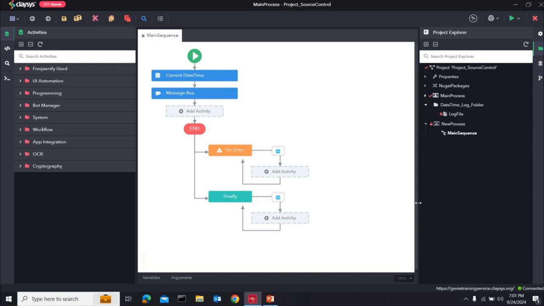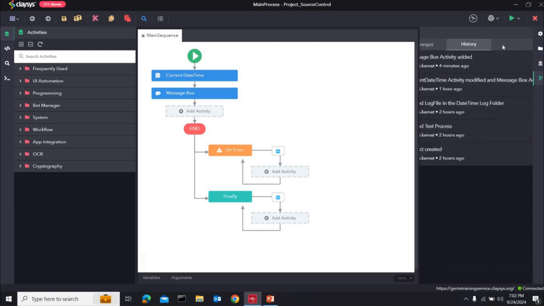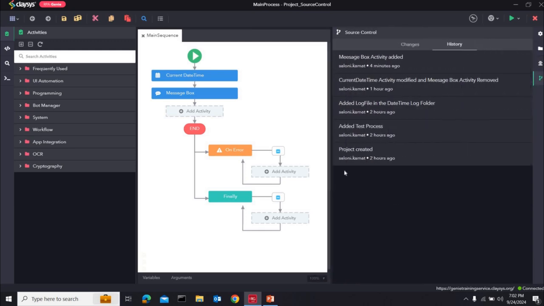If you wish to track all the modifications performed in a project by multiple users, the History tab in the Source Control panel lets you see the complete history of all the changes that have been made to any of the processes. The changes are reflected in the history. Also, the username who performed the modification and when the modification was made can also be seen. You can select any item under the history to view or compare modifications before and after check-in, ensuring transparency and accuracy in the collaboration.